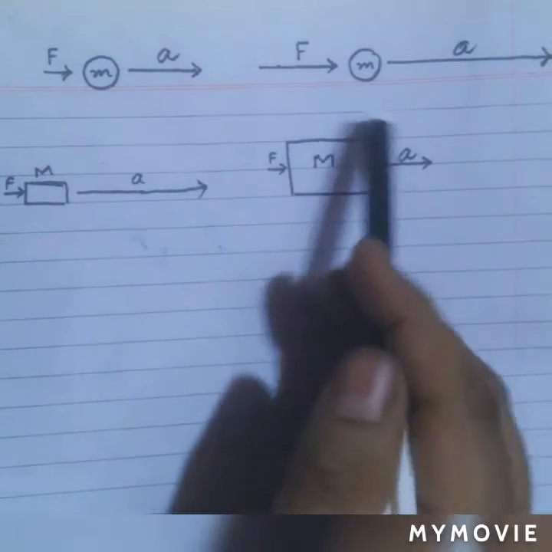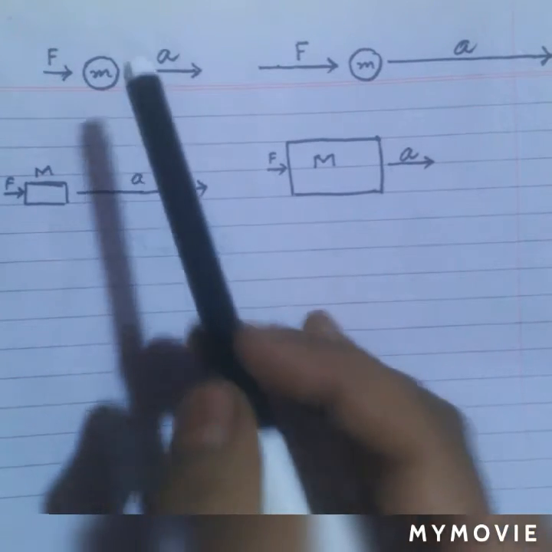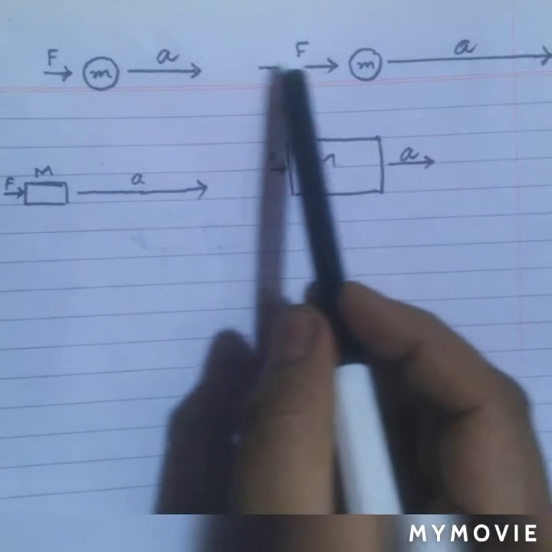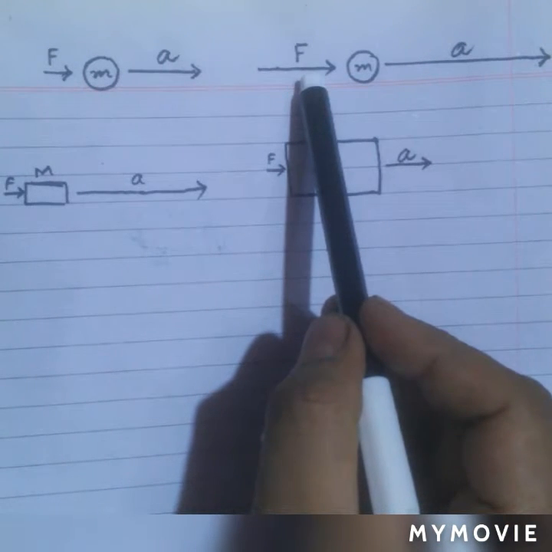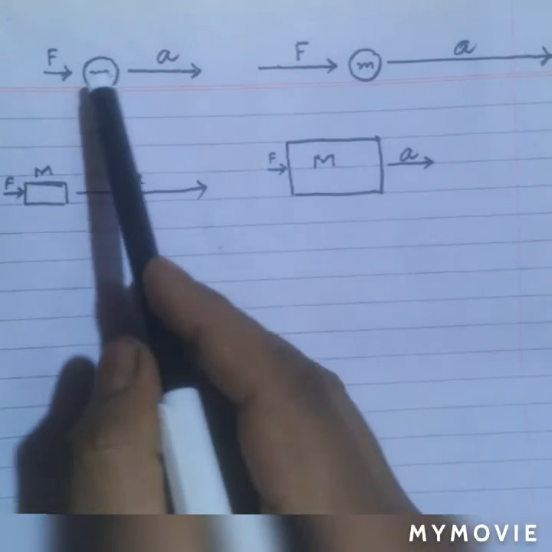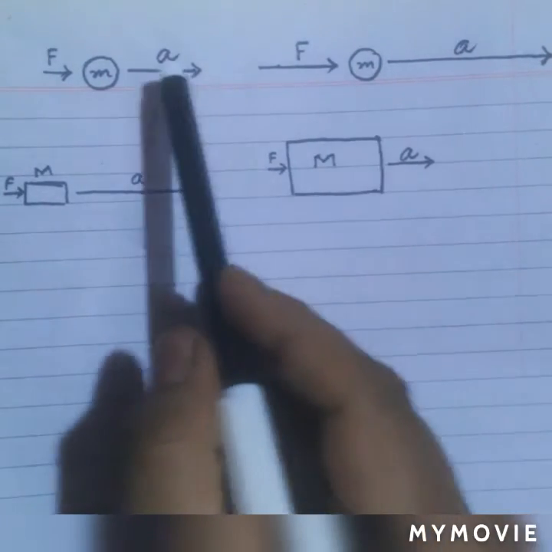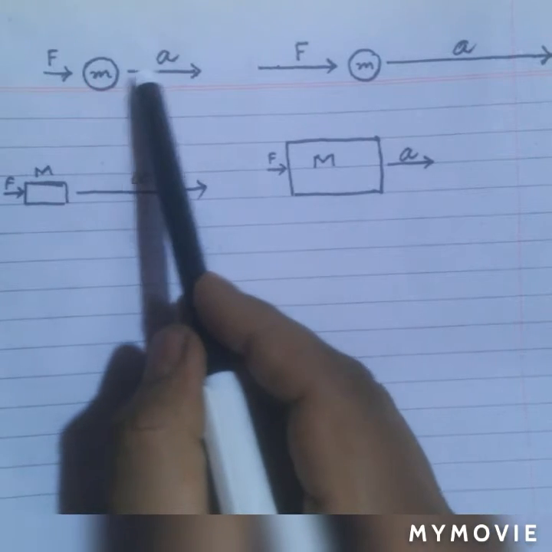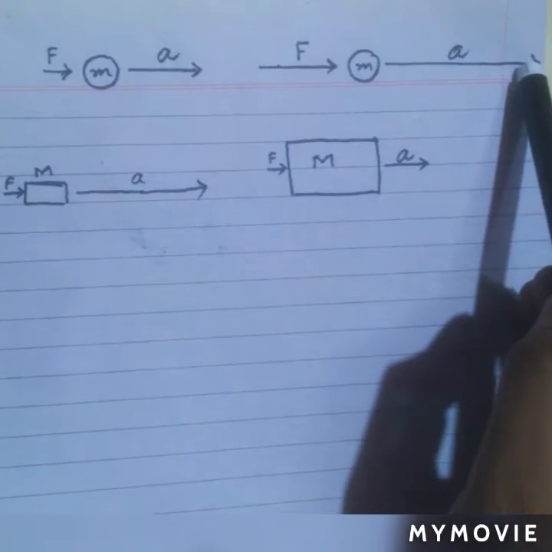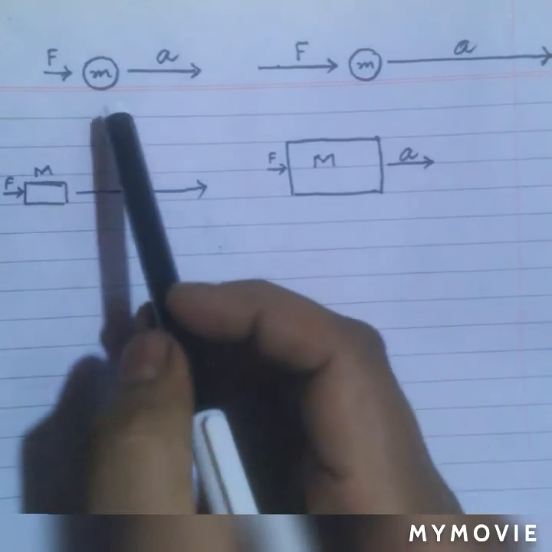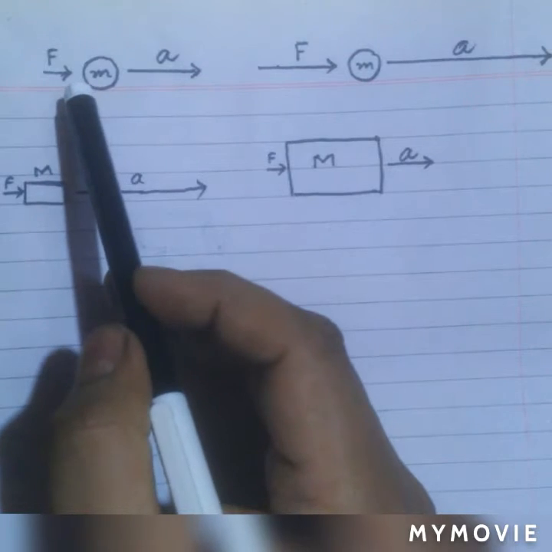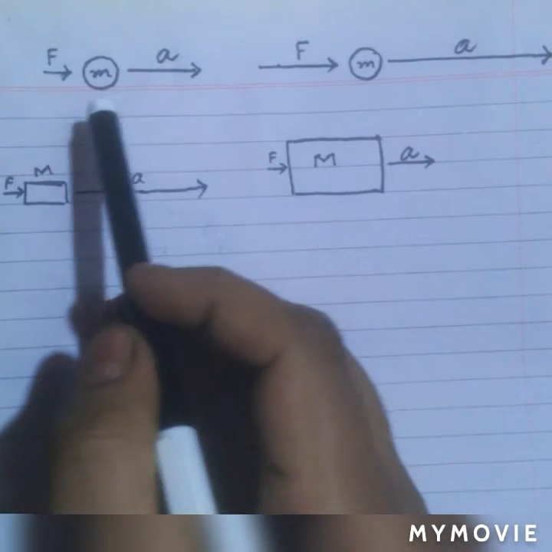As you can see, I have already drawn some figures on this page. This figure has a smaller F, and over here there is a greater F. It means that this force is smaller and this force is larger. Both the masses are the same, and this force is producing a smaller acceleration and this force is producing a larger acceleration. As we know, according to the first part of Newton's second law of motion,